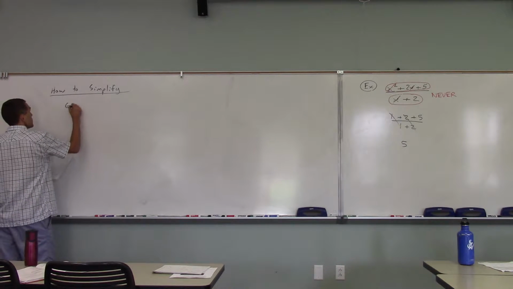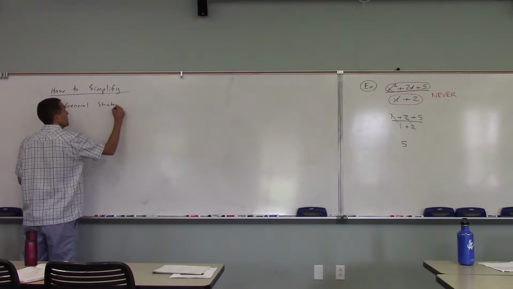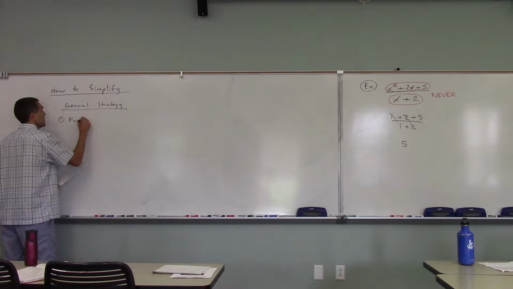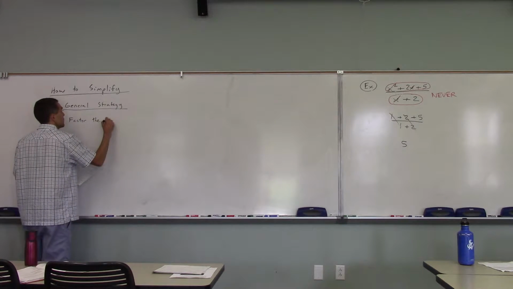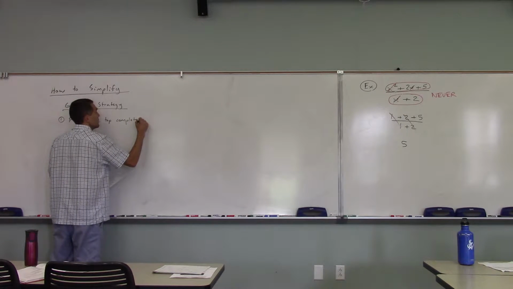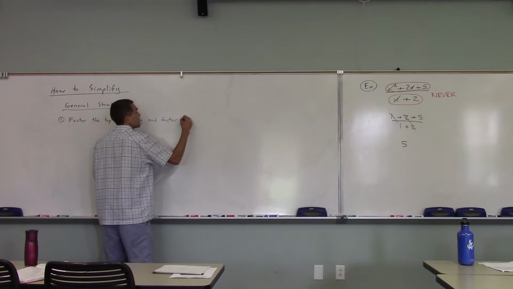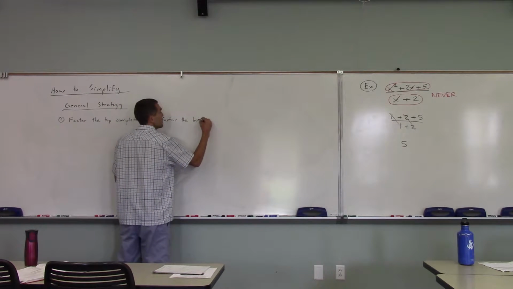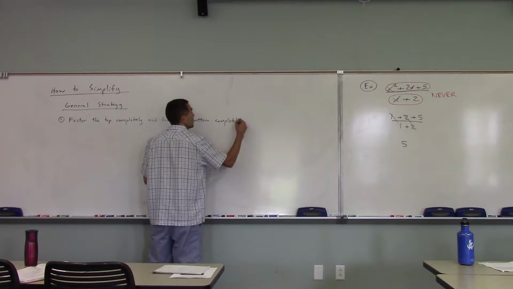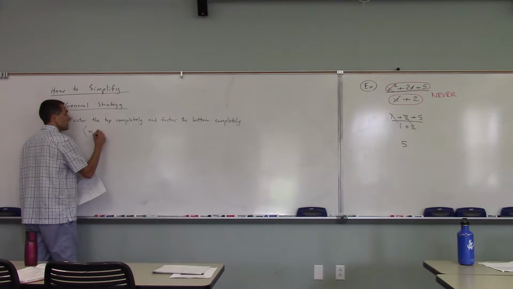Okay, general strategy, it's real simple. Step 1. Factor the top completely, and factor the bottom completely. And in parentheses, I'm going to tell you the reason. The reason is